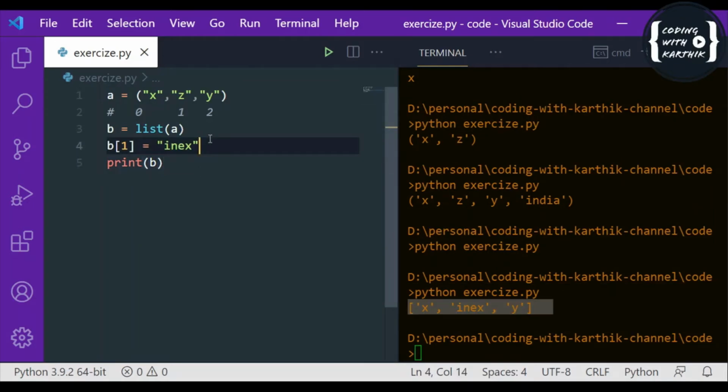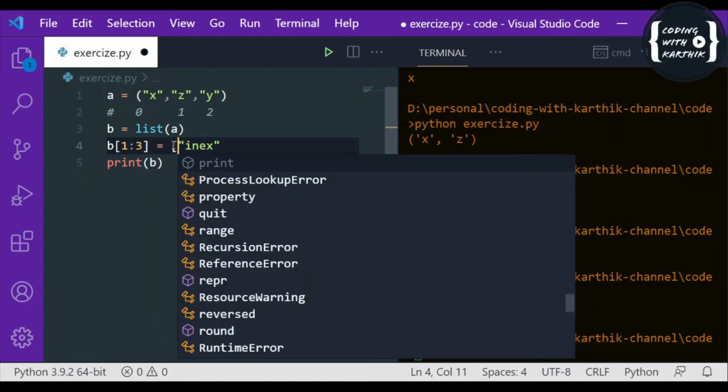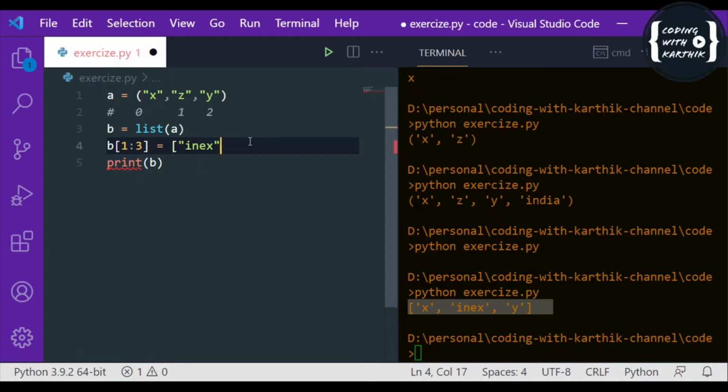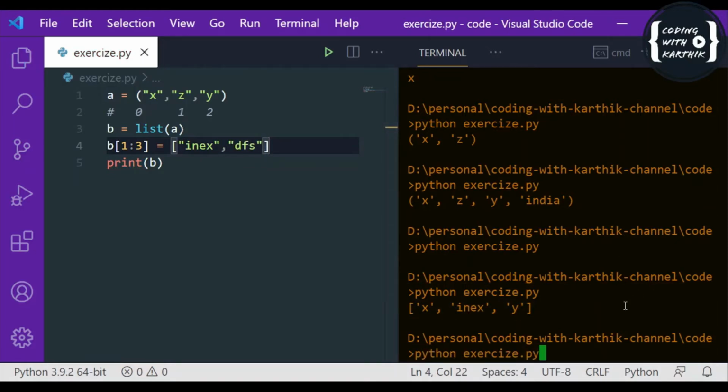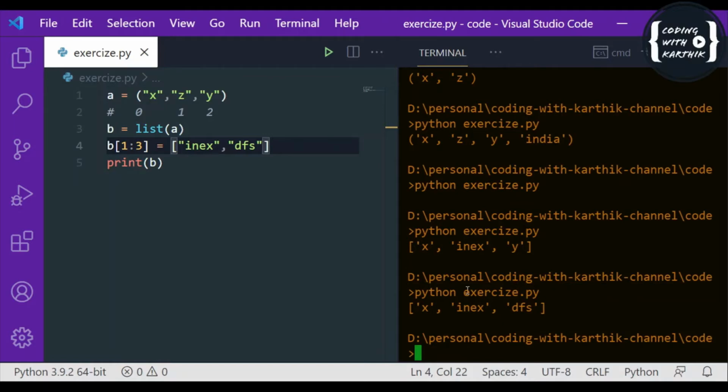Now we can update anything. You can even update multiple elements. See, this is how to update the tuple elements.